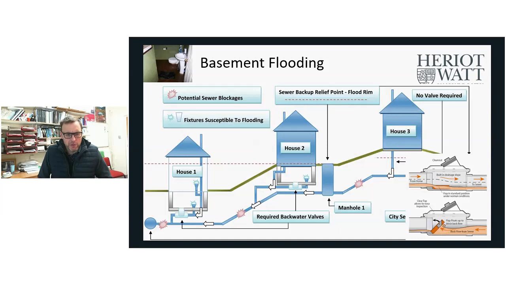So here we've got 3 houses, 1, 2 and 3, and you've got the one at the top of the hill that has no basement, so the chances of that house getting flooded either directly or indirectly by water from the sewerage system are relatively low. But then as you go down the hill,